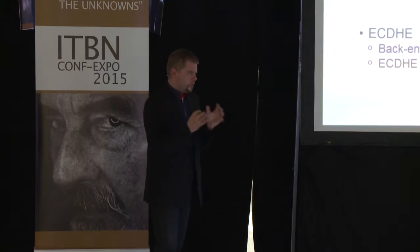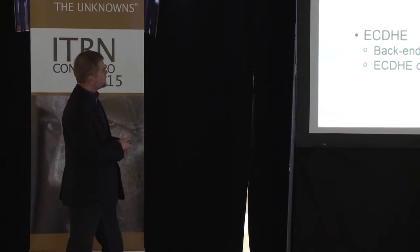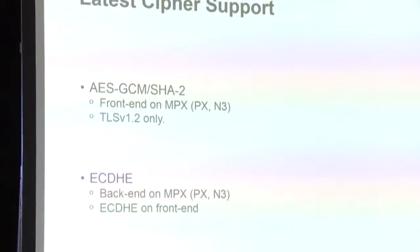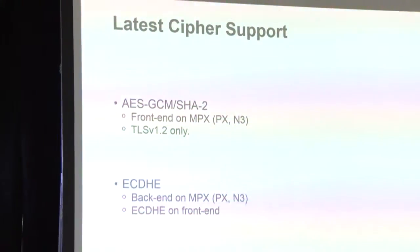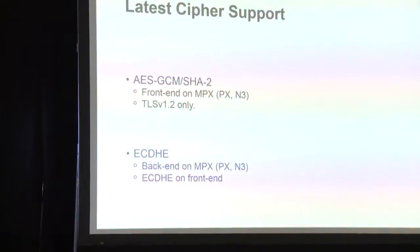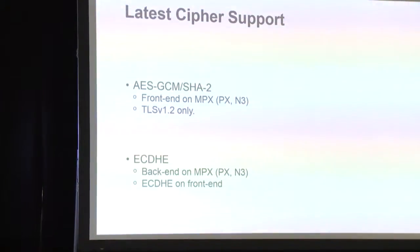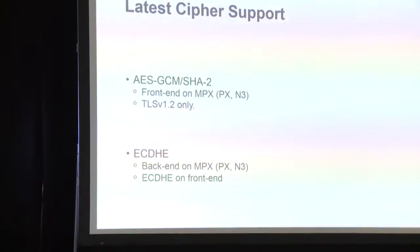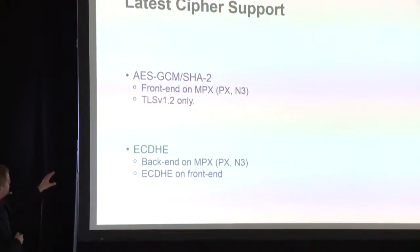So to achieve this A+, you need to use the latest Cipher Suite support like SHA-2. SHA-2 was designed by NSA, so who knows how really secure it is, if there is no backdoor, but that's what it is. SHA-3 is now under development in Europe. TLS 1.2, so the library standard. TLS 1.3 is already in kind of pre-testing mode, so we expect in very soon time the TLS 1.3 standard to come out. And ECDHE